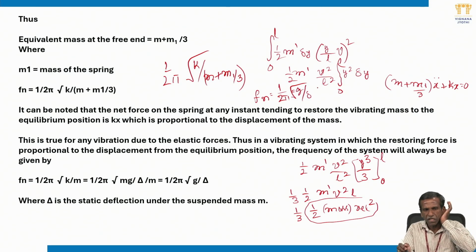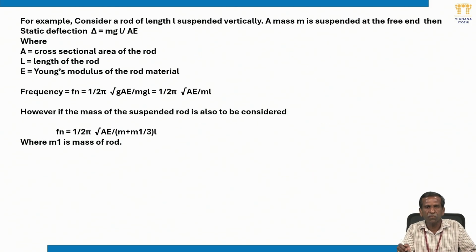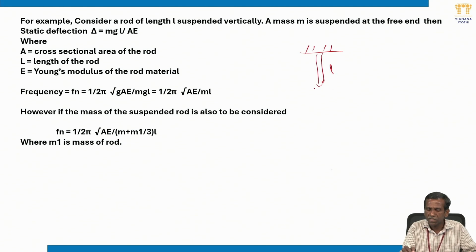Why am I talking about this delta term? This is the static deflection under consideration of the suspended mass. For example, consider a rod having mass, a rod of length L suspended from one end, and then a mass m is suspended at the free end. Mass m is attached to the rod. Then the static deflection, you know that delta is